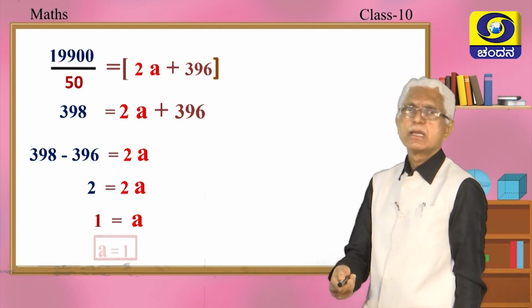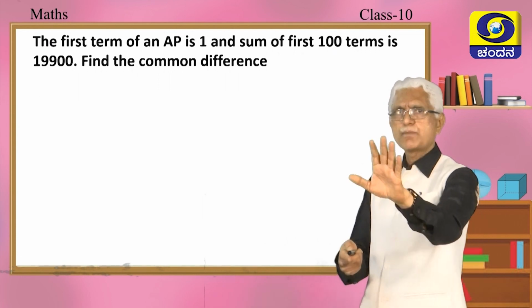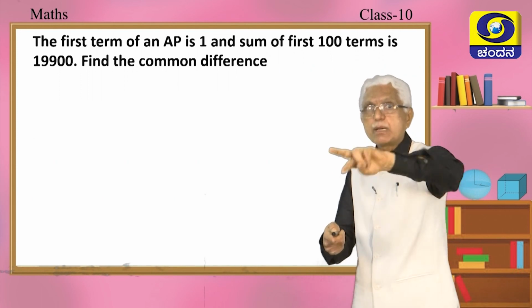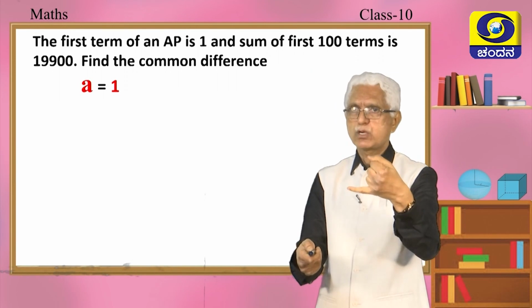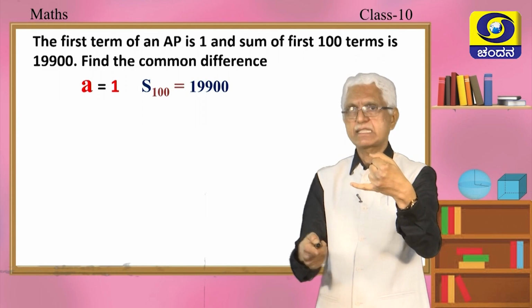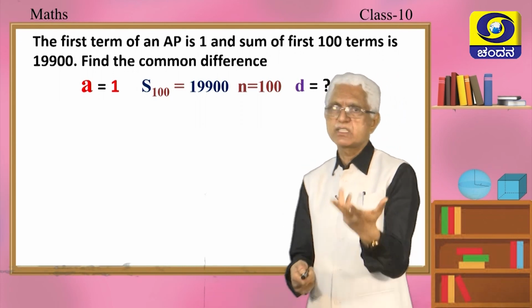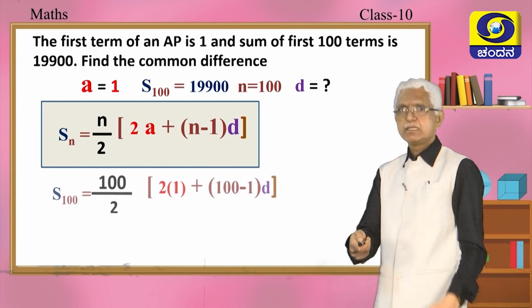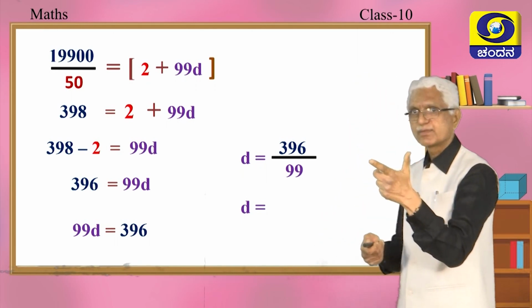Okay, that's good. Now, we will consider the very same problem. Okay, please watch, same problem, but I have given you the first term now. I have given you the first term and sum of first 100 terms. I want you to find the common difference. Same formula, A is given to be 1, correct? First term A is 1. S100 is 19,900. Sum of 100 terms means there are 100 terms. So N is 100. You have to find out the common difference D. Same formula, right? Okay, quickly. Formula. Just substitute. Wonderful. That is, common difference is 4, correct?